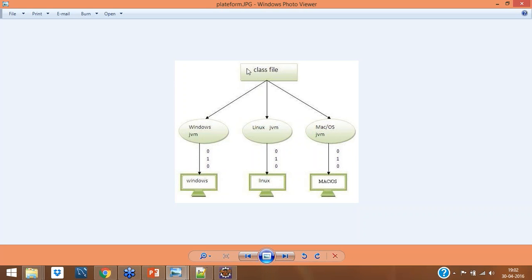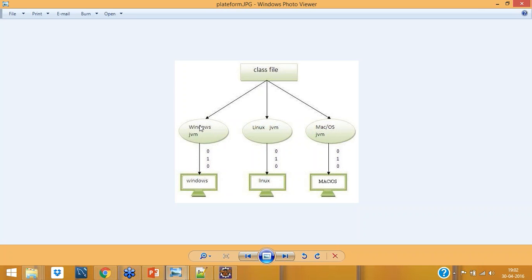Let's say some other unauthorized party wants to know about my class information, my codings, or my files. Let's say I have connected to a third party, and the third party has some file information with me, and an unauthorized user wants to know about it. What will happen? They cannot get into it, because they are not authorized to the JVM. The JVM will not understand what they are.